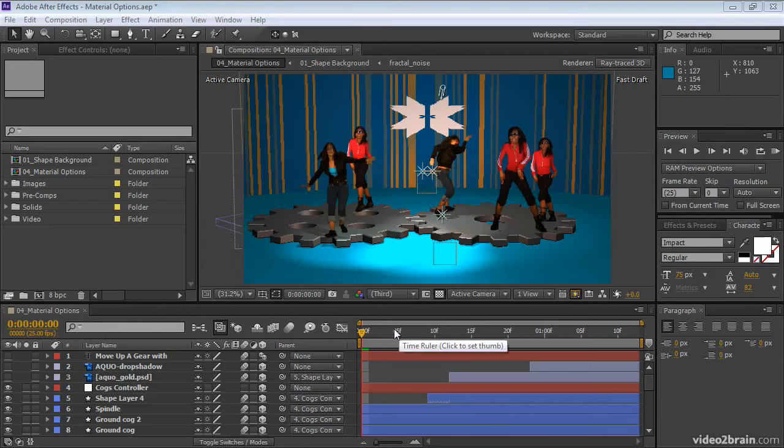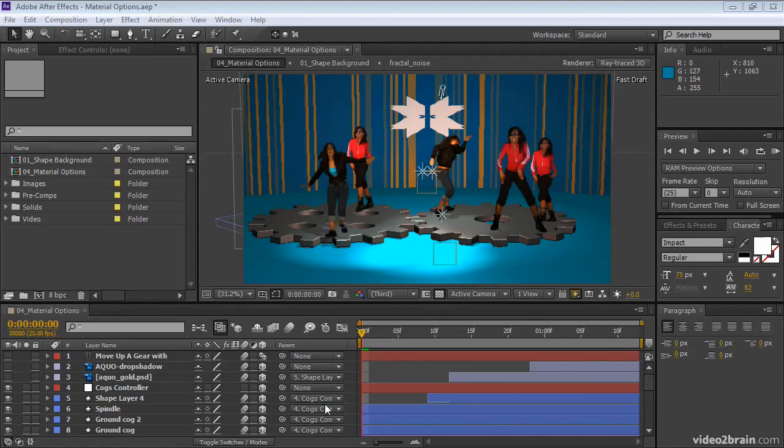In this movie, we're going to have a look at material options and how they affect lighting. So, adjusting lighting settings for the lights themselves will affect how a light affects a layer. But as well as the light settings, material options for the layers themselves will determine how they accept the light. If you want to follow along, you can open up the Material Options AEP, which you can find in the